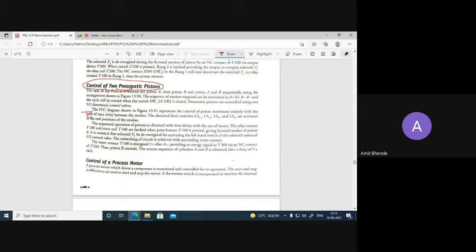So how to control the movement of two pneumatic cylinders, because we need the movement of the cylinders in a certain pattern. The movement should follow a certain pattern in this application.